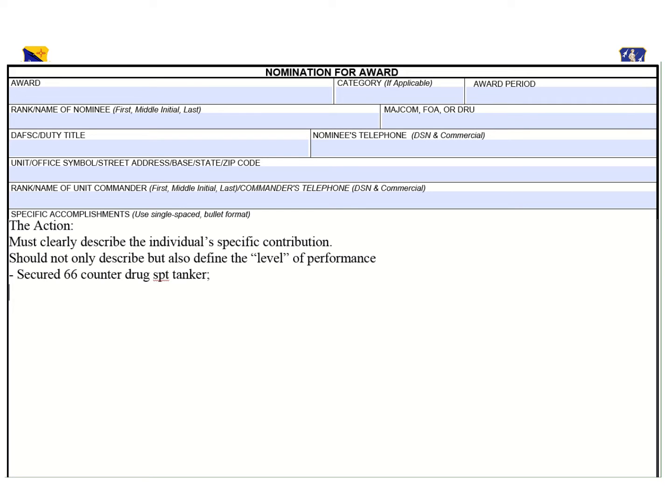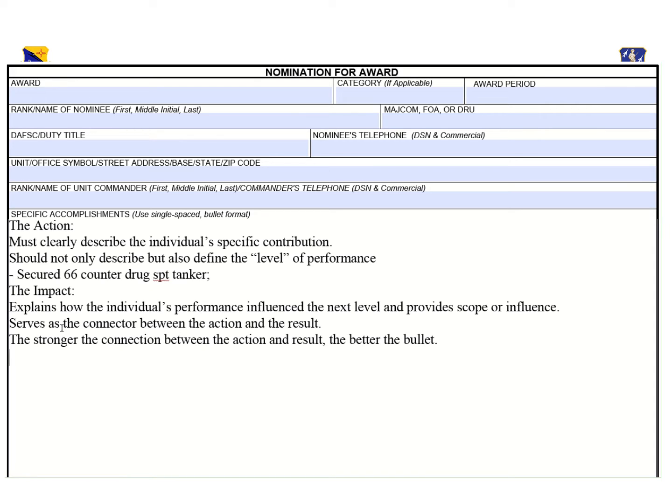And so when we write the impact, which is the next part of a bullet, we're going to try to tie the action with what the result is, or what the influence of that action yielded. In other words, at what level was the immediate result of the member's actions. So I'm going to go ahead and copy the bullet here. We're going to push on with this bullet.